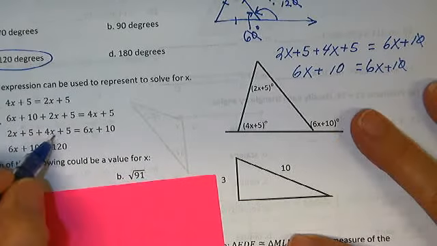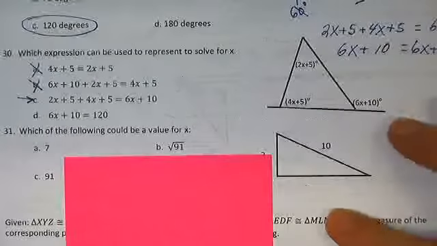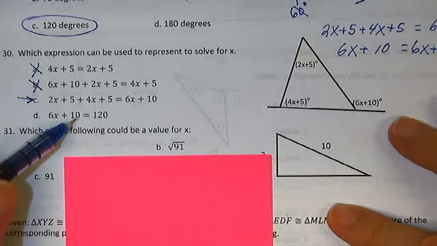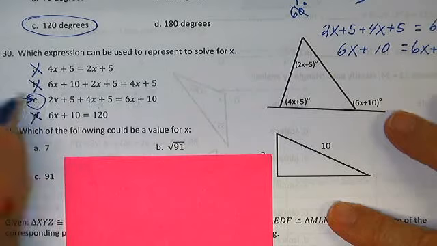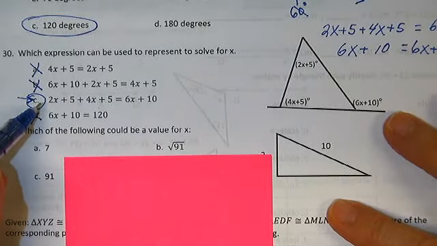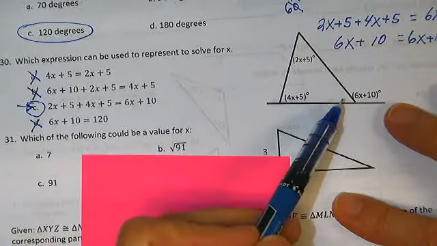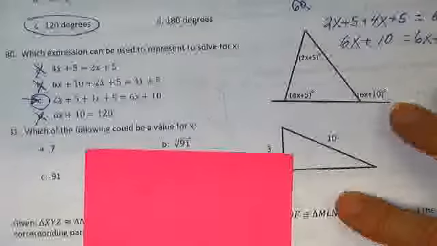2x plus 5 plus 4x plus 5 plus 6x plus 10, that is the first thing that we even thought about. 6x plus 10 equals 120. We have no idea whether that's true. The answer has to be C. It's true for all real values of x, limited only by the fact that this plus this plus this have to equal 180 degrees, but I digress. Okay,